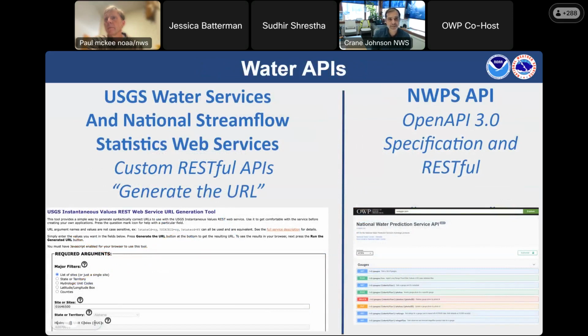Just a quick look at available APIs on the left. We've all probably worked with USGS Water Services. It's been an amazing API available for at least a decade or more. Stable, well documented, with a custom interface to generate your custom URLs. And then some of the newer APIs from USGS are the National Streamflow Statistics Web Services that also provide